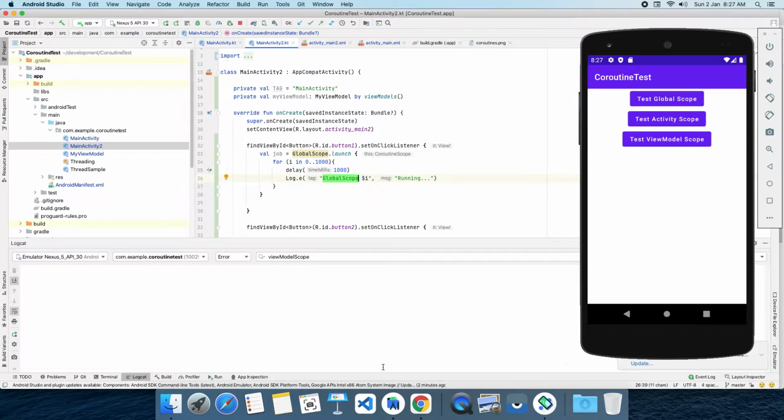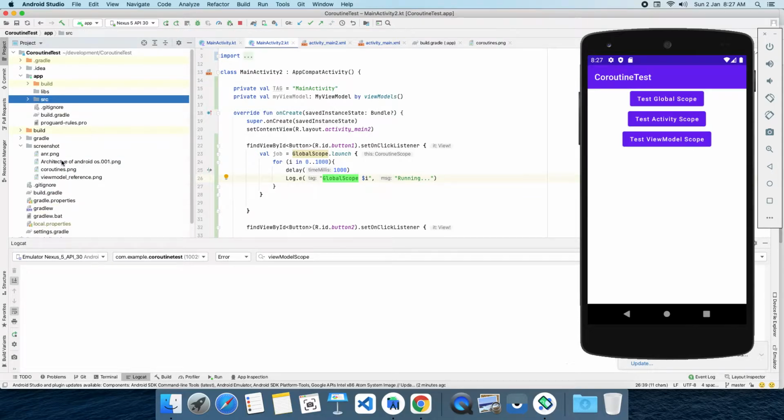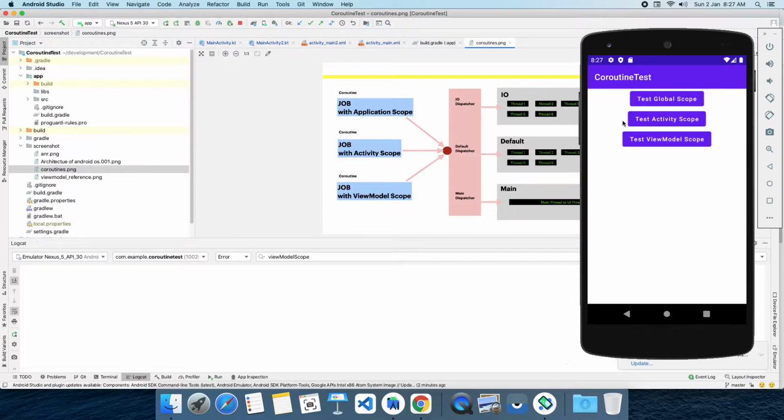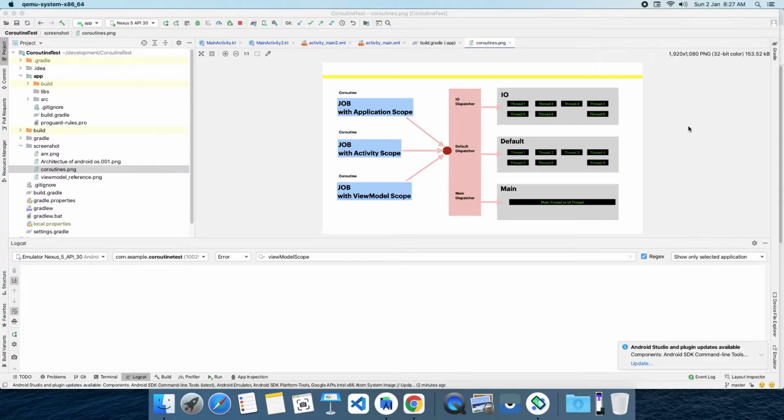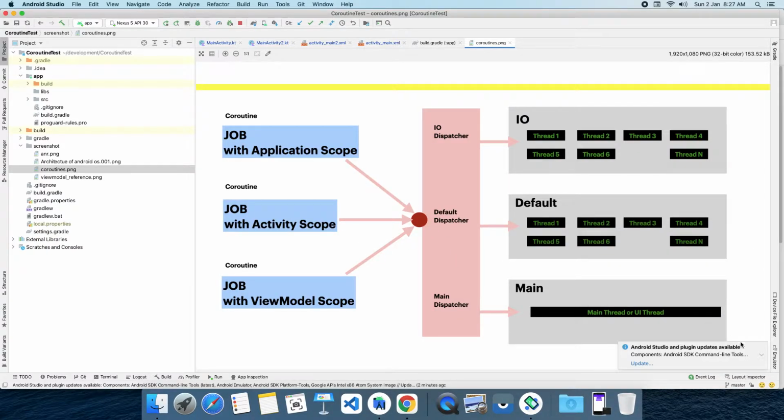Before jumping into that part, just recall what a coroutine is. In our previous section we have covered it, right? Coroutine is a pattern. When using this pattern, we can create efficient multi-threading code. So what are the things in a coroutine? Scope is there, thread pool is there, and we can create a job. When we create a coroutine, we are not actually creating a thread, but instead we are creating a job. The job is taken care of by one of the threads from the thread pool.